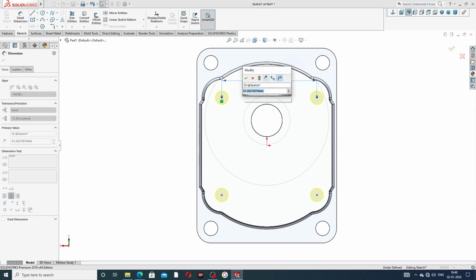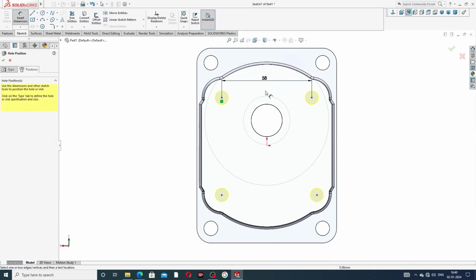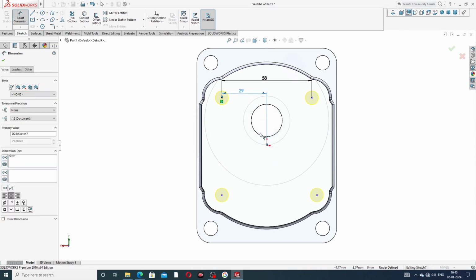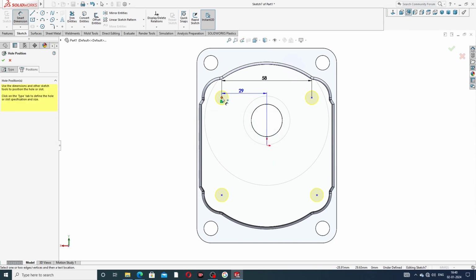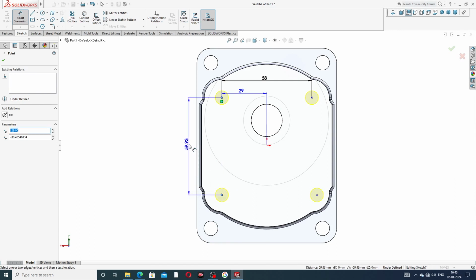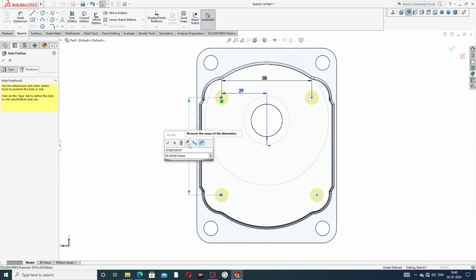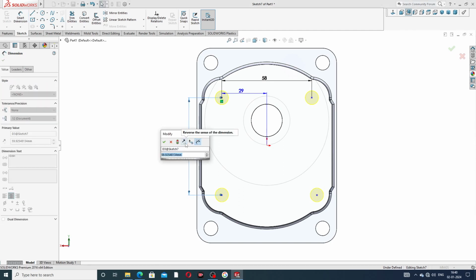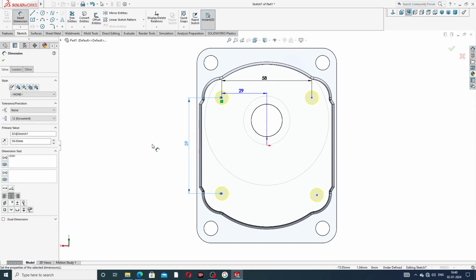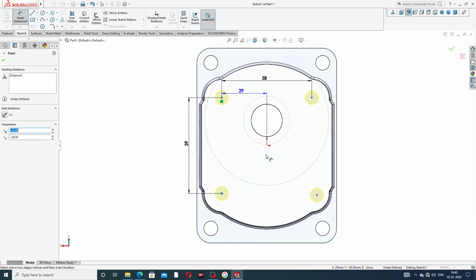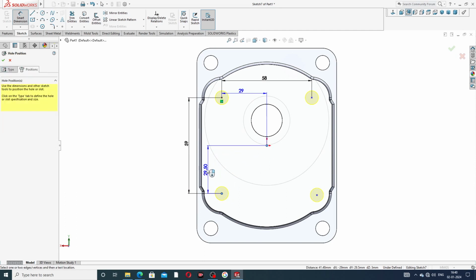This distance is 58 millimeter, and this distance to this is 29 millimeter, perfect. And this to this is 59 millimeter, 59 millimeter, and also this to this is